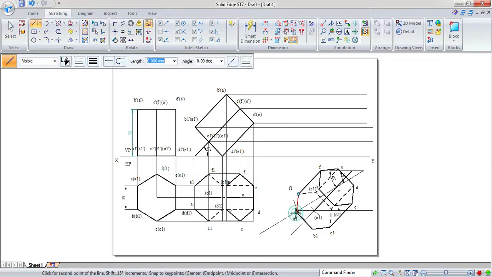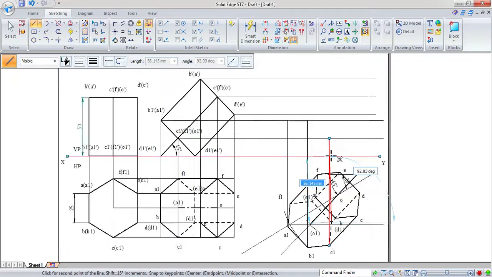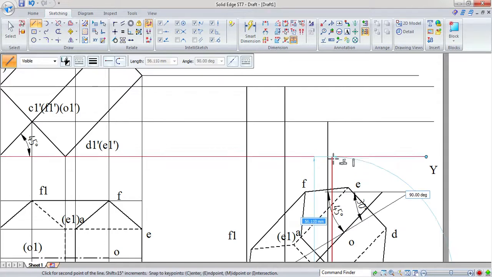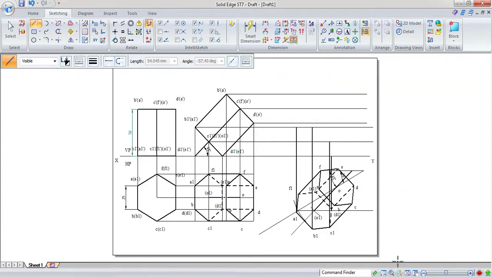So we'll start with A1. A1 is extending up to this point, just draw it up to that point. Similarly B1 is also up to that point. Now again C1, so C1 will be up to this point. So D1 will be up to this line, so it's very close to that one, so draw it very carefully. After D1, now it is E1, so E1 is also up to the XY line, and finally F1 will be up to this line.